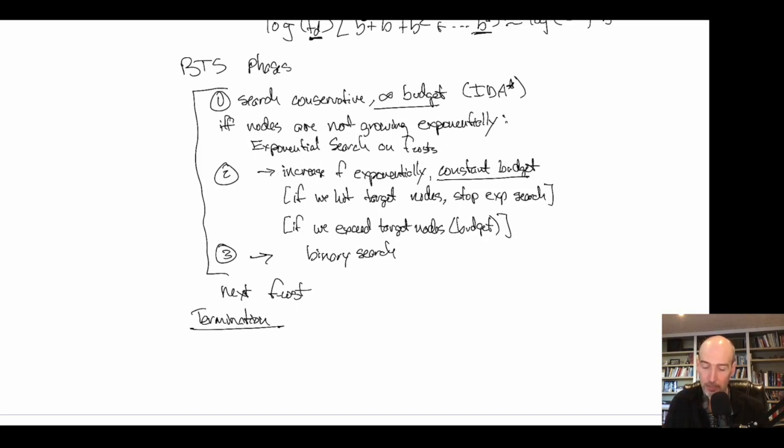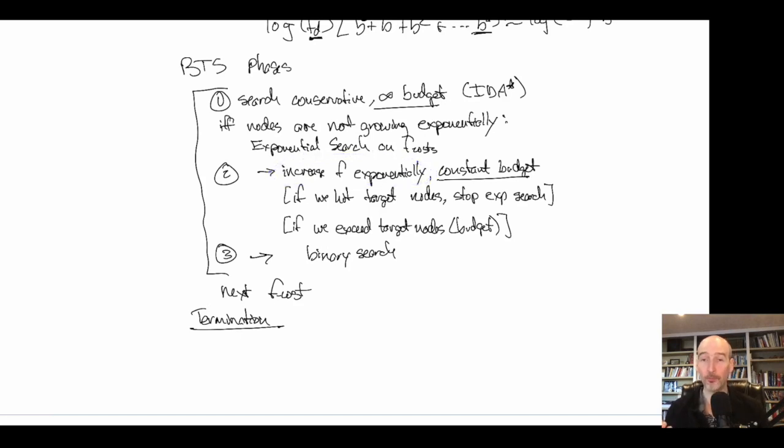At this point I found the goal, and I know that it's optimal because all the previous iterations have been searched exhaustively. But when I'm increasing F exponentially, I actually might skip the F cost that has the goal. Once I find a goal, I can change my search: there's now an upper limit on how far I'm willing to search. I shouldn't ever expand nodes that are more expensive than the best goal that I found. So as I'm increasing F exponentially,